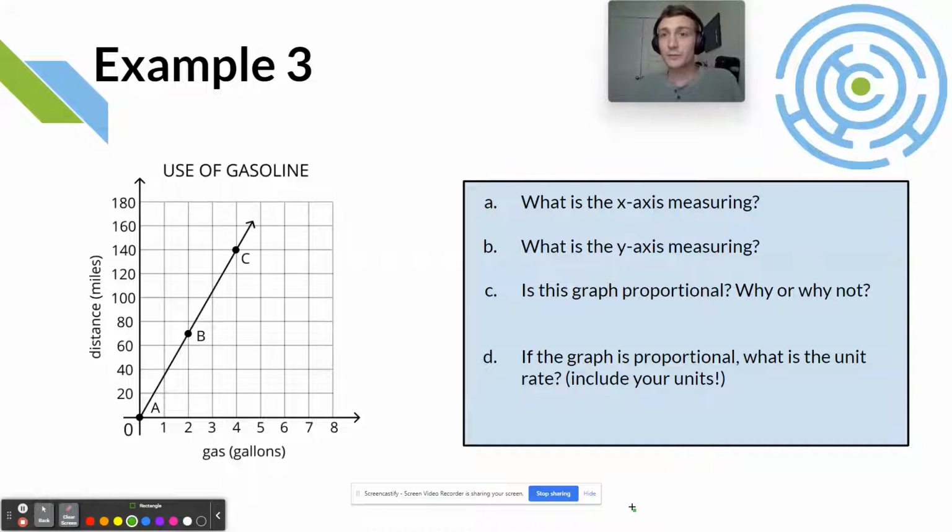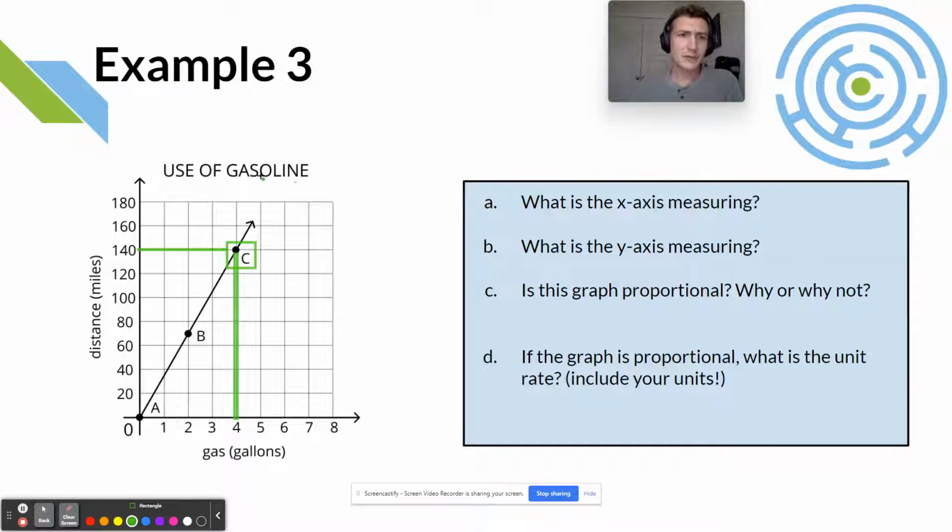Great. So you should have answered all four of these. This is a proportional relationship. And what I want you to do is tell me what point C represents. Well, you know what? I'll do point C for us, and then I want you to do point B, pardon me. Okay. Now, point C tells me I have a certain x value and a certain y value. My y value is 140, and my x value is 4, right? So this means that I drive